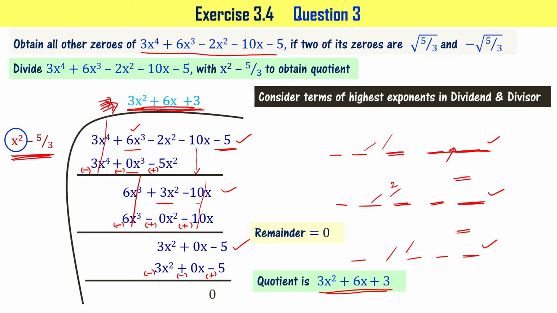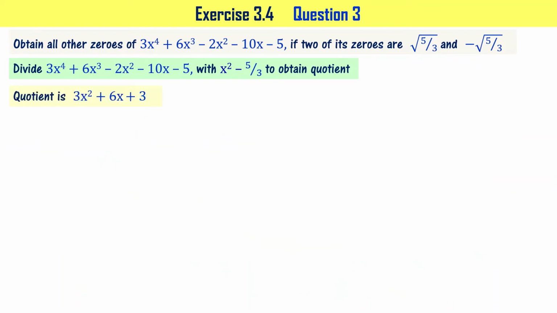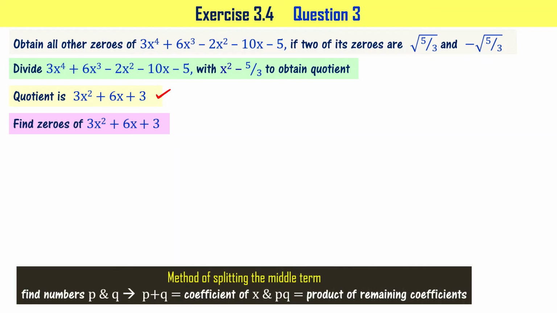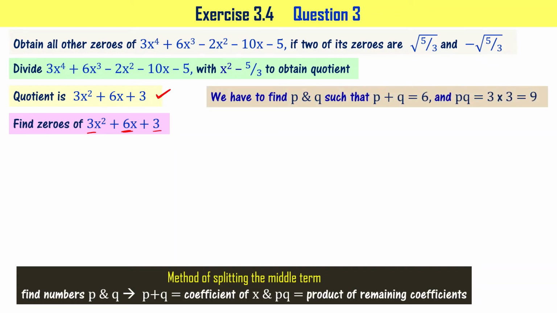Now let's take note of the quotient, that is 3x^2 plus 6x plus 3. We have to factorize this to make it a product of two linear factors, right? So that we can obtain zeros of this particular quadratic polynomial. For that, we are going to use the method of splitting the middle term. For that, we have to find two numbers p and q such that p plus q is equal to the coefficient of x and pq is the product of the remaining coefficients, right? It means p plus q has to be equal to 6 and pq has to be 3 times 3, that is equal to 9. The numbers you can think of are